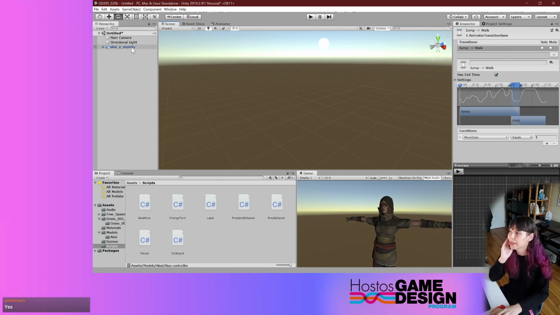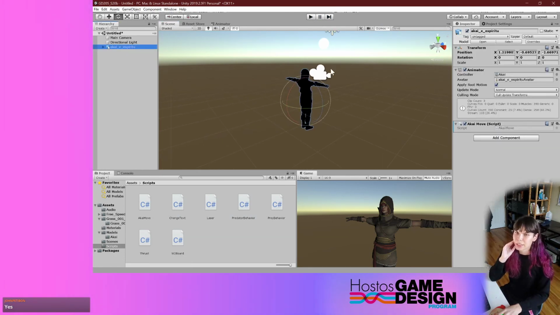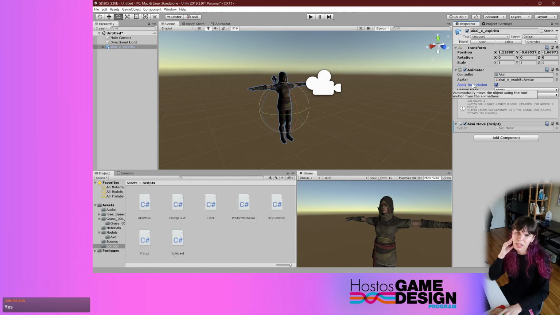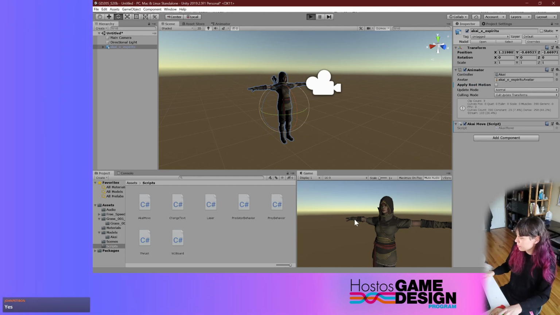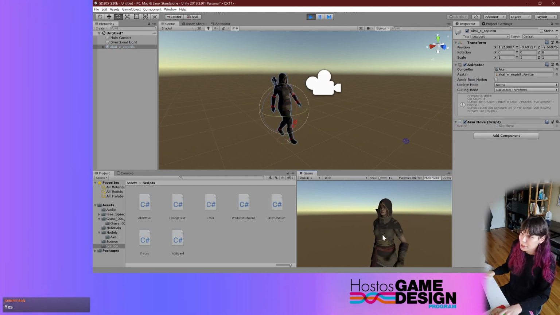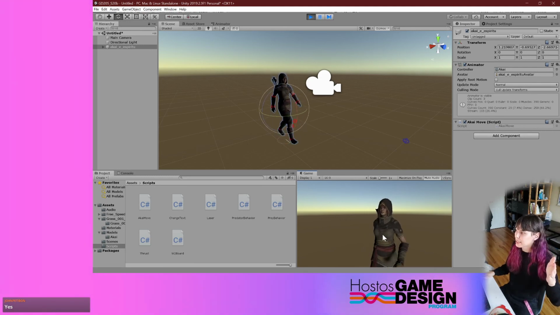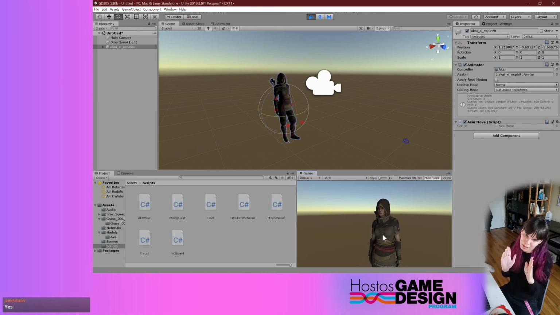The one other thing that I would mention is that when you select your character, you have the option to apply root motion. By default, this option is selected, which means if we turn it off, you can see what it does. So if I turn that option off, and now I press W, you can see that the walking animation is still happening, but it's not incorporating the spatial difference. Like before, when I press walk, the character was actually moving in space because the animation accounts for that movement. If you turn it off, it basically turns into like a treadmill,